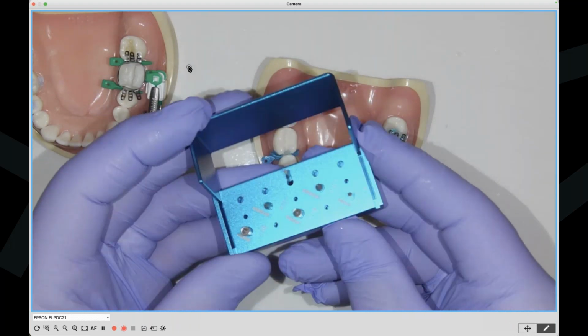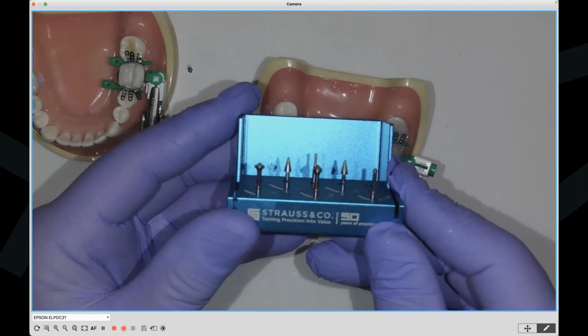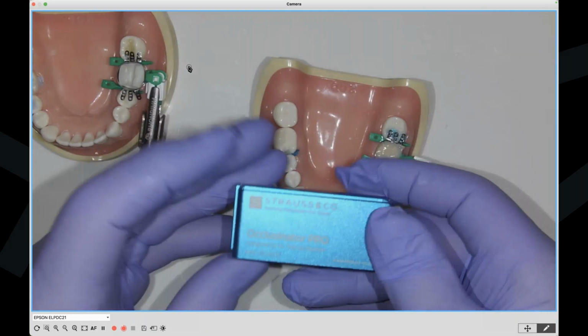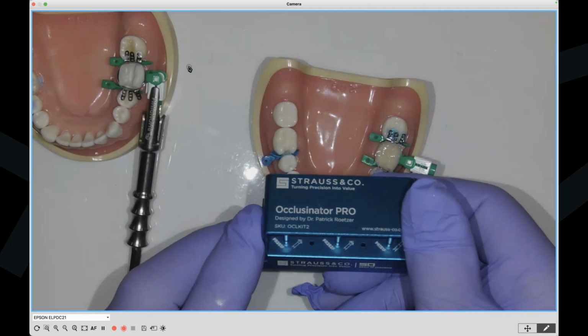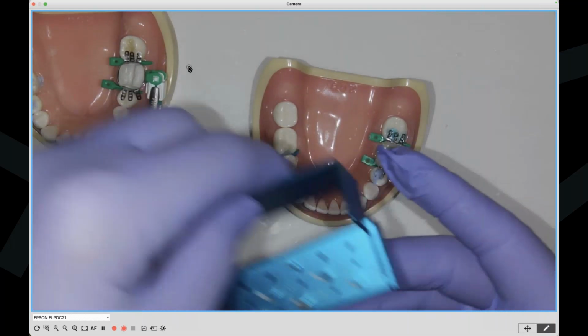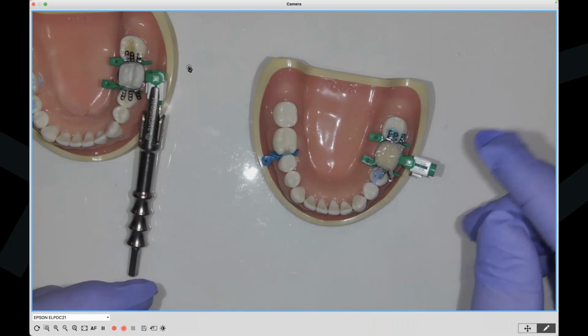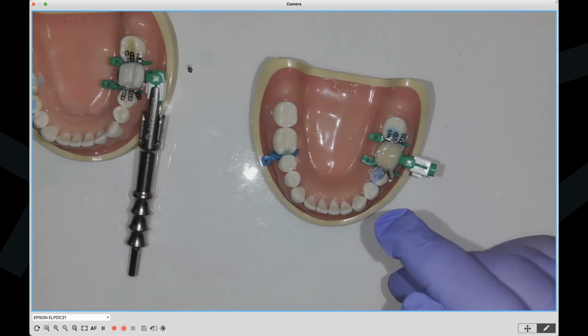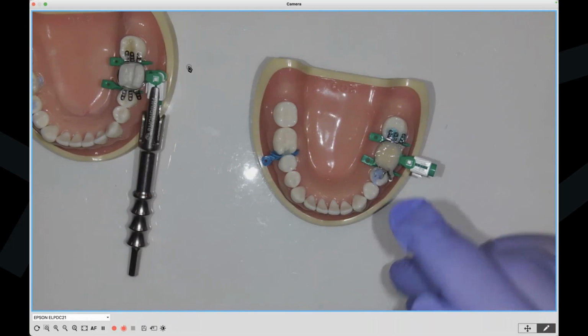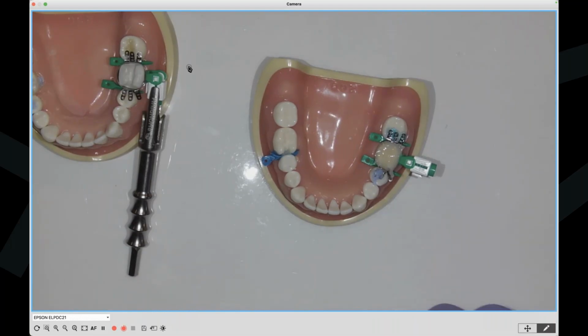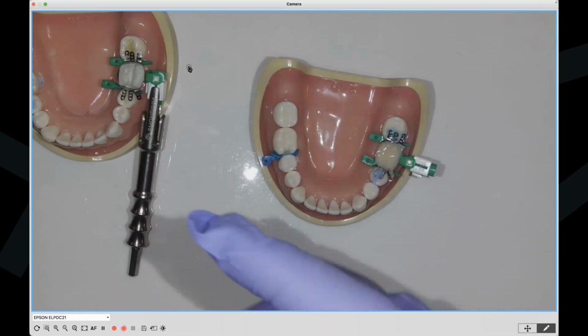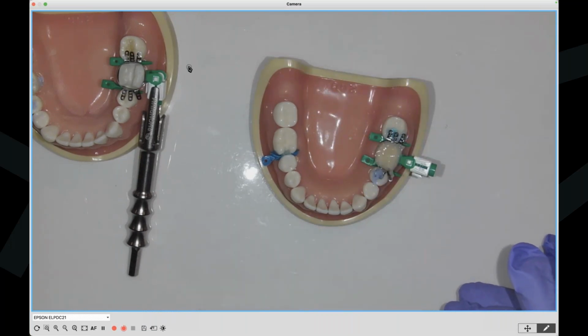Here's the bur system, again made by Strauss. Yeah, nobody knows Strauss. And the reason nobody knows Strauss is because Strauss is an industrial diamond manufacturer. They also have a dental division, and I think that's why Strauss makes such a good system. None of the majors could figure out how to change my Raptors for me to get the things that are on here. They just couldn't figure it out. So I just ran into these people at IADR, and they said, we can do that. It's not a problem. So in one fell swoop, I had my working models.